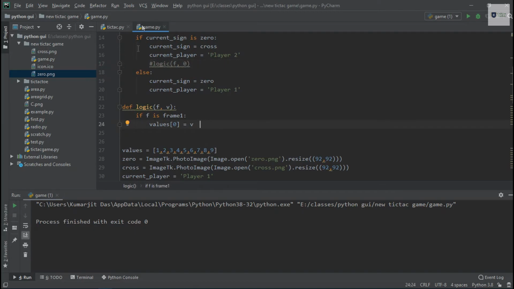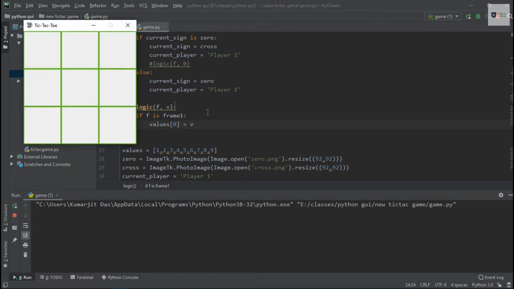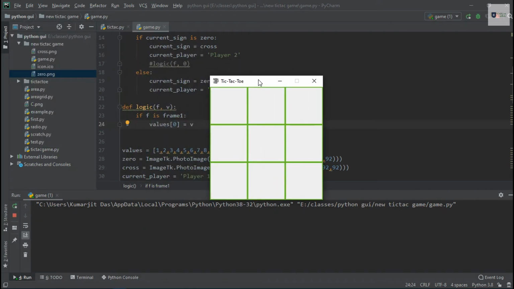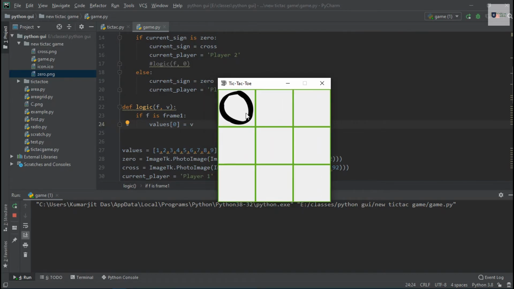So let's run this thing, and I need to clarify something to you. So let's click on any frame. If we click in this frame, this represents the index 0 of the values list. So in the index 0 of values list, 0 will be put, and again if you click here, this frame represents the index 4 of the values list.